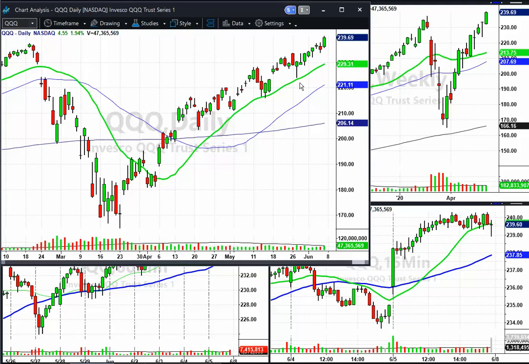So where could we have gotten long on this? Well, if you had in your mind that this is going to go back up and retest these highs, and you had that bias, you can see there are opportunities. You can see this gap support here where it came down and tested that gap. It created some support levels here. When it got up, it came right back down to that area and held it. Here we went up, it retraced. There's a minor support level here.